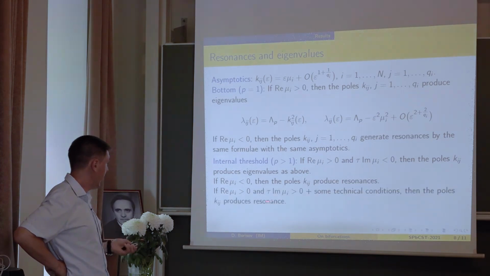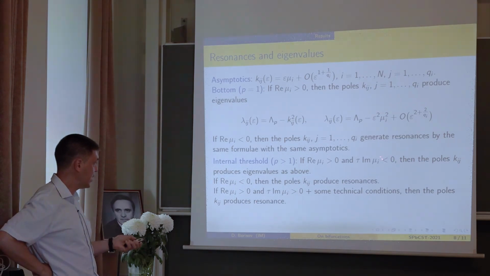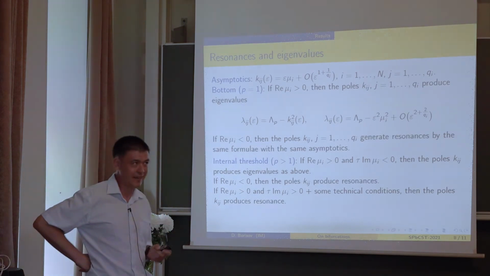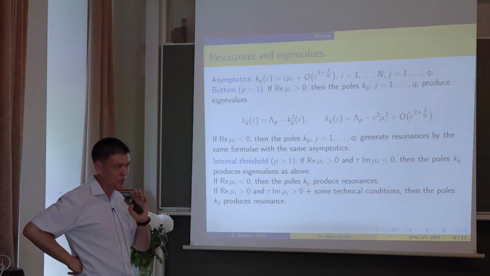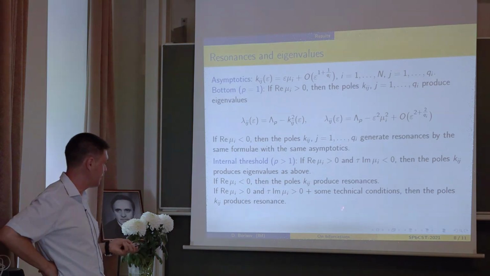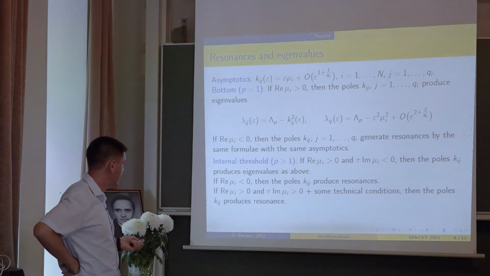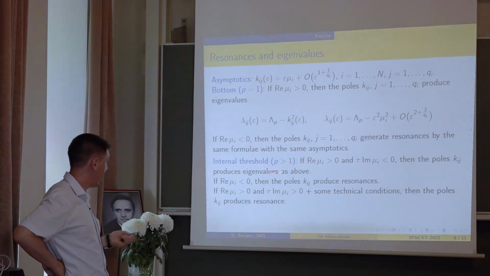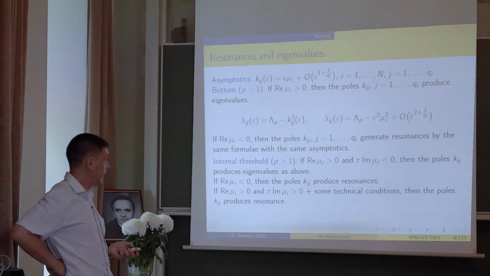resonance. And if the real part is positive, but here I change less by greater, and I also add some technical conditions which actually are true in a general case. They are really of a very technical nature. Then the same pole gives rise to a resonance. So in this case, I have an eigenvalue. In both these two cases, I have a resonance. It means that